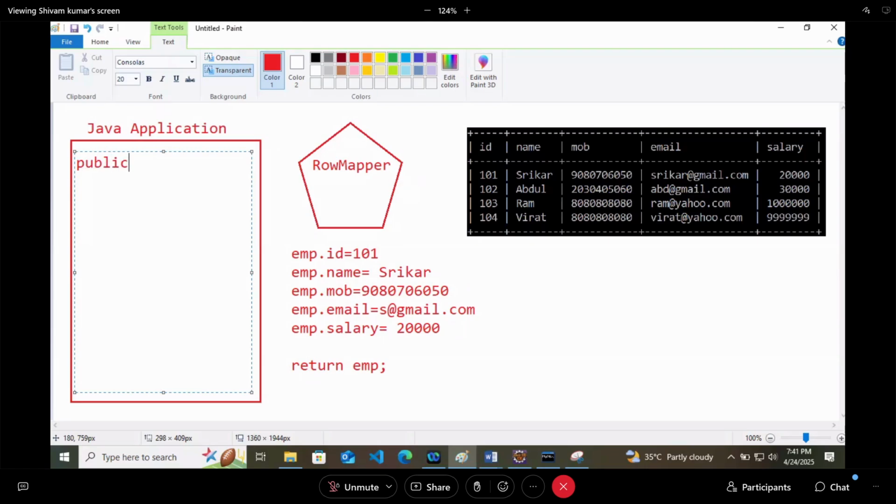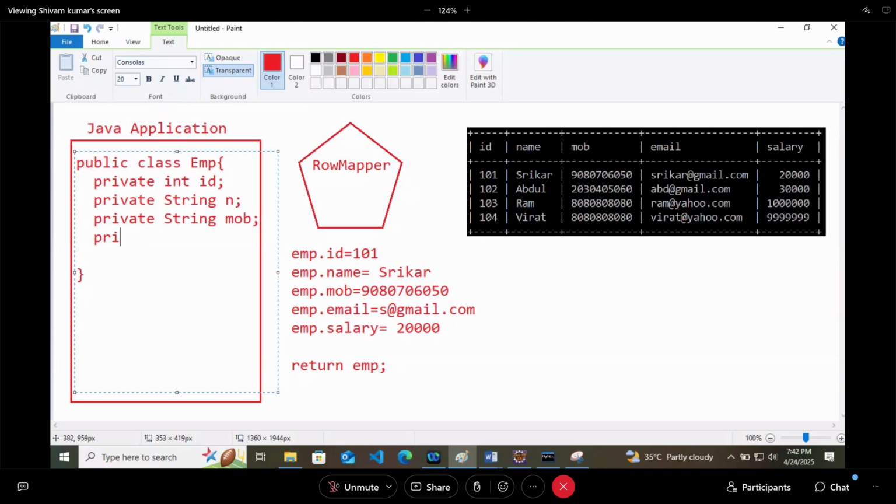Public class Employee. In that you should have all the fields, that is private int id, private String name, or whatever your fields are. You should have all the fields strictly, along with the getters and setters.